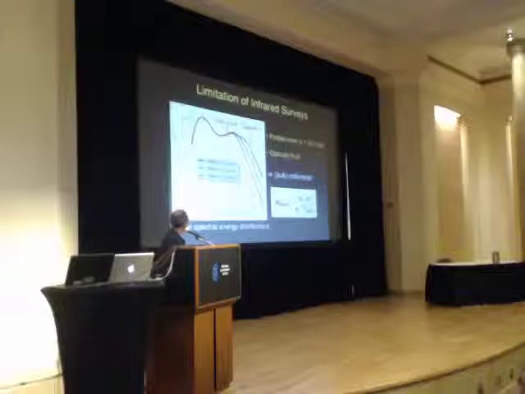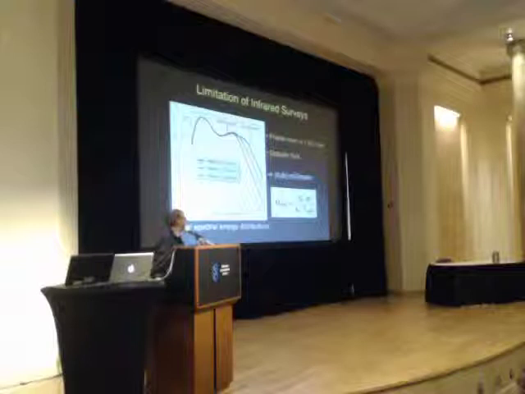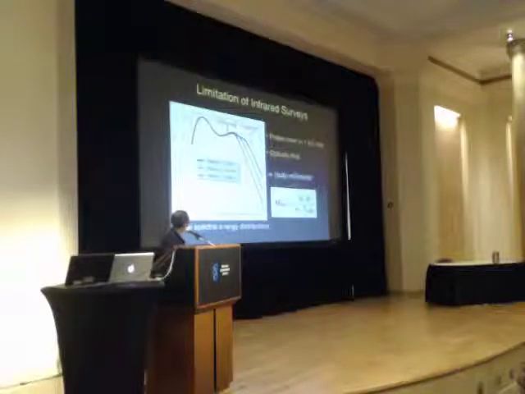But when you go out to submillimeter wavelengths, you get a more one-to-one correspondence between the disk mass and the submillimeter flux. So you can use submillimeter emission as a tracer of the disk mass. The disk mass is proportional, in the Rayleigh-Jeans limit, to the measured disk flux divided by the dust temperature. So that's why you want to go out to the submillimeter wavelengths. Now, there are a number of caveats, a number of limitations of submillimeter wavelengths as well, but it does give you some measure of the amount of solid material within the disk.